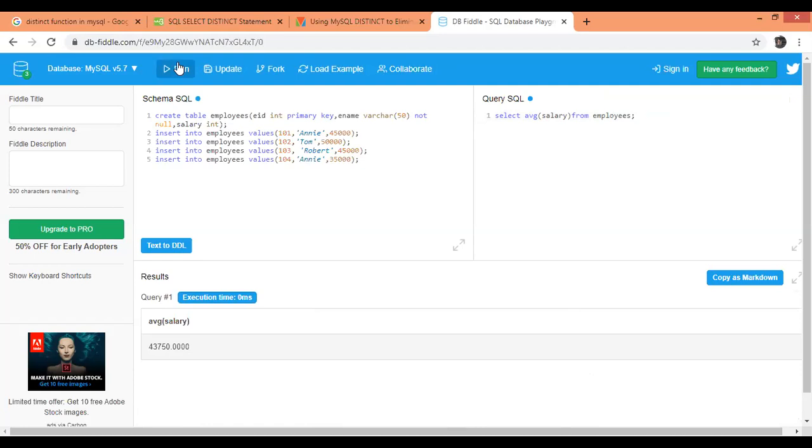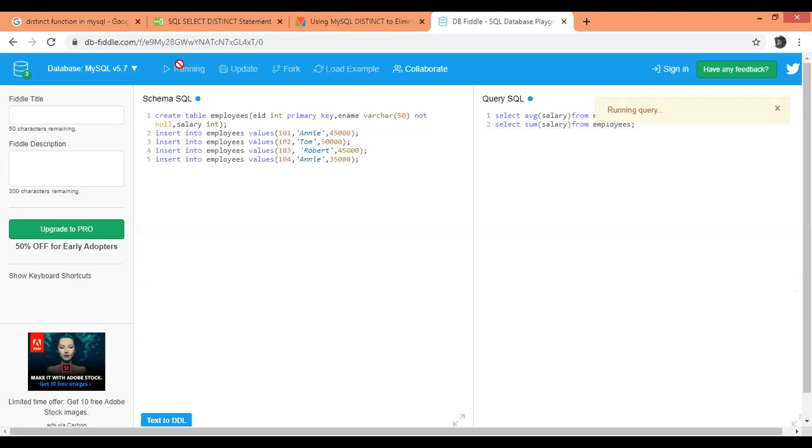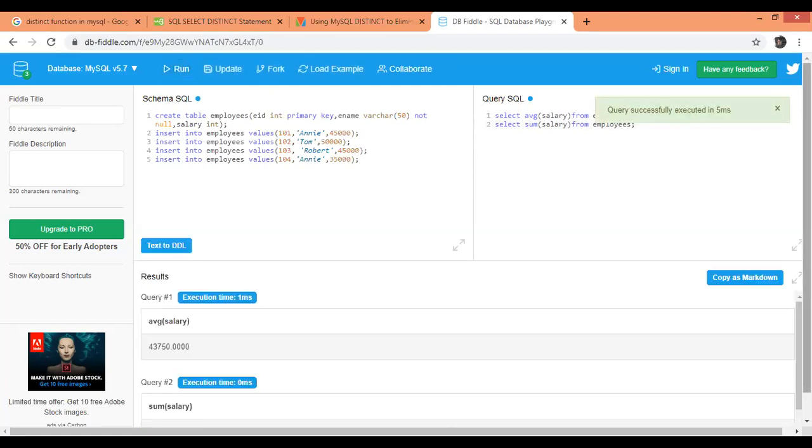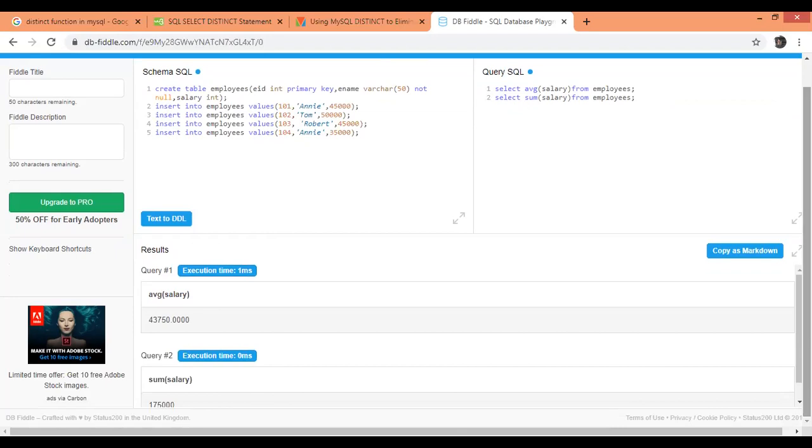You can check the answer displayed: 43,750. Similarly, we can also find the sum of all the salaries from employees. I'll just run the query. You can check, it is displayed.